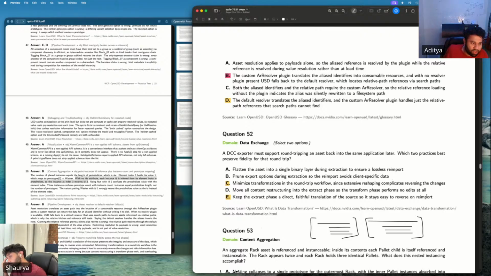Keep the extract phase a direct, faithful translation of the source so it stays easy to reverse on re-import.